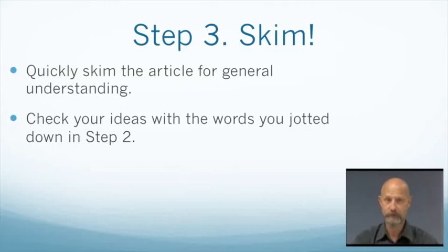Skim means, remember, going very quickly across the text and getting a taste, if you like, an idea, the gist of what the contents of that article is. Now, if it's entitled SARS Epidemic, you already know. Confirm that by running your eye through the whole text. So, remember, step 3, you skim the article for a general understanding of its content. Skim means quickly run your eye over the entire text to make sure that, yes, you have an idea of what this text is about. And then, of course, you can check your ideas, once again, by referring to those little words that you've jotted